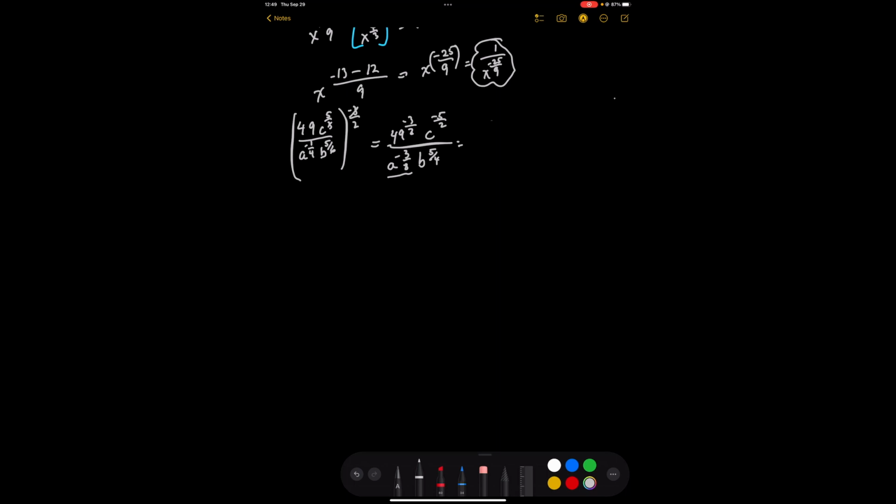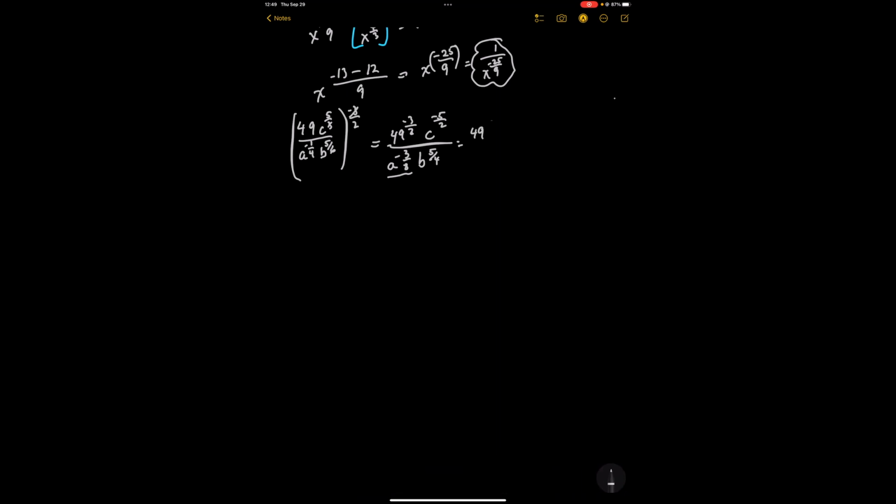So that means I'm going to have 49 to the negative 3 halves, right? Times c to the negative 5 halves. Basically times 1 over a to the negative 3/8 times b 5/4. And because in math, when you're doing radical, you want to keep it as much as positive as possible,